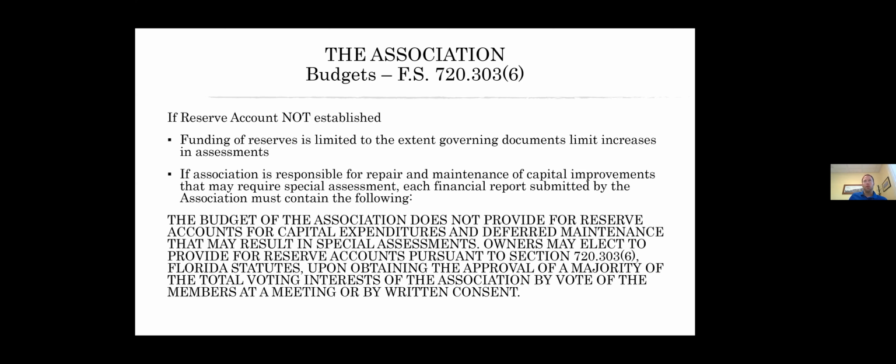And if you're not doing something and you're questioned by the membership, again, the best answer is that the documents say we can't do that, or the Florida statute says we can't do that. So as you make these decisions and analyze the reserve, whether you have reserves or not, your documents and the Florida statute are where you answer the question of why we are or aren't doing this. Hopefully that makes sense to everyone.